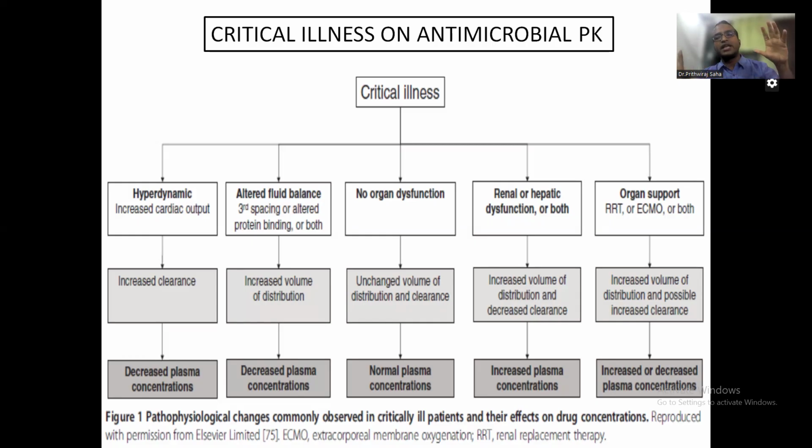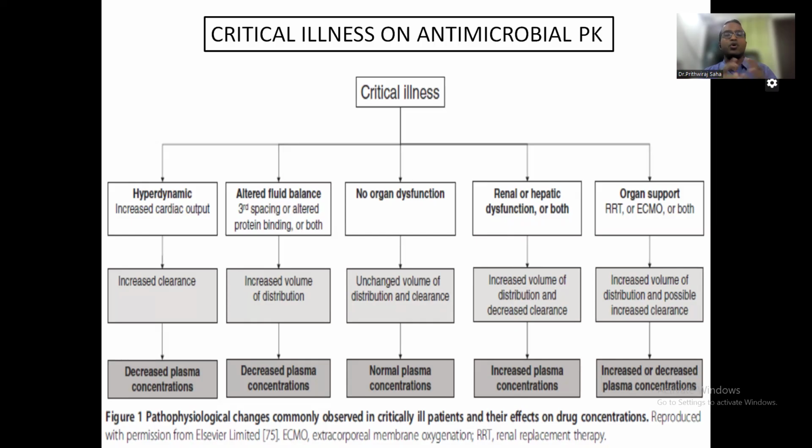As the patient is in RRT, the drug goes out of the body and gets recirculated, so the amount of drug within the blood decreases. So there is a decreased plasma concentration. Sometimes, during RRT and ECMO, which will be discussed later on, there are conditions where there may be an increased